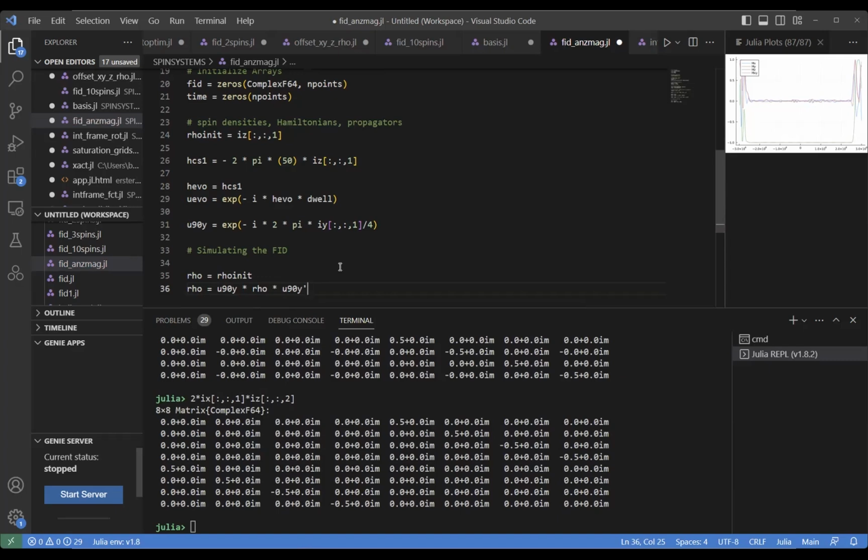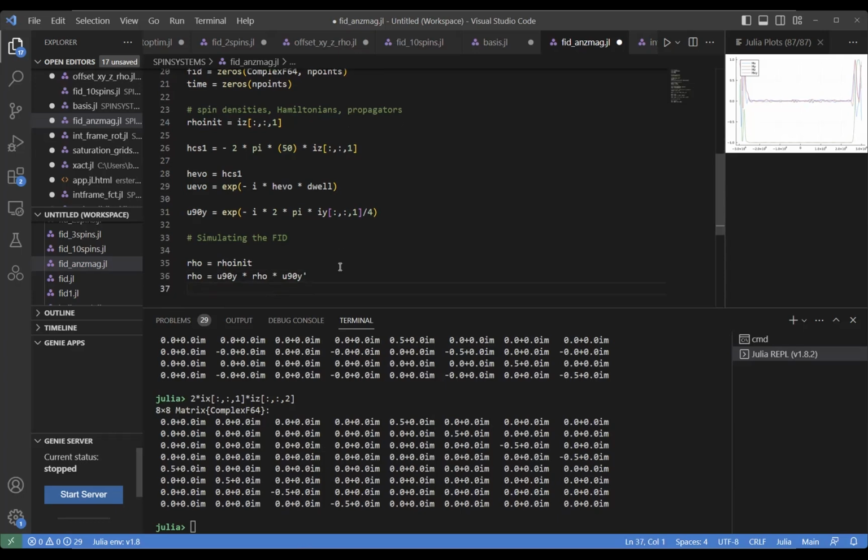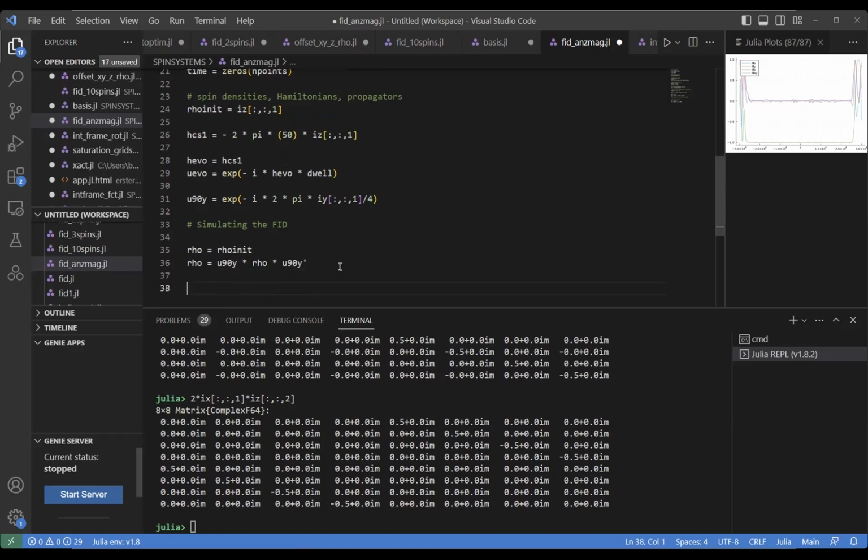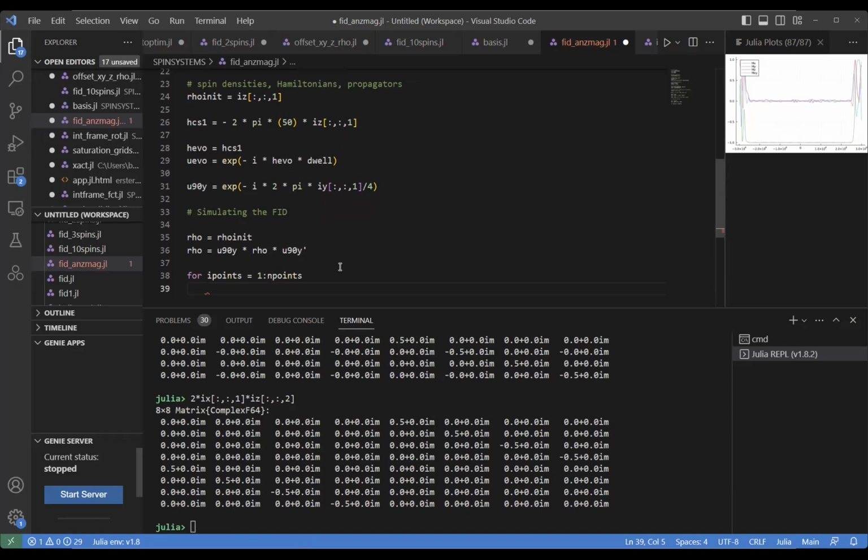That means it's the adjoint of the matrix. So it can be very easily done in this program. And so what we have here is already the evolution of a 90-degree pulse. So we should go from Z to X magnetization. And now we want to record an FID. So what we need to do now is a loop structure for I points 1 to N points. And then first we define the time points. So time of I points